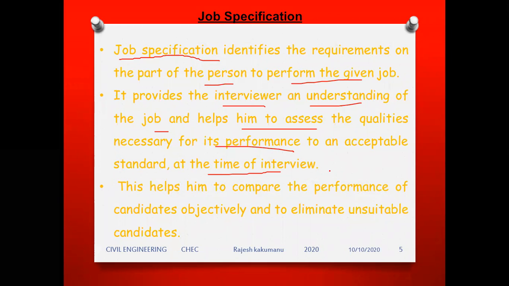For example, if you purchase a cell phone in any outlet or shop, you will look at the features. What are the features of the cell phone? Next, you will look at the price. Next, the applications. Next, the specifications. Whenever you purchase any product, not only a cell phone but any watch, your apparel, garments, or shoes,